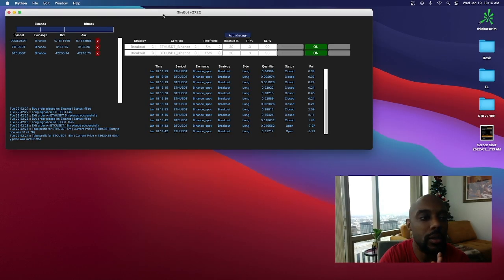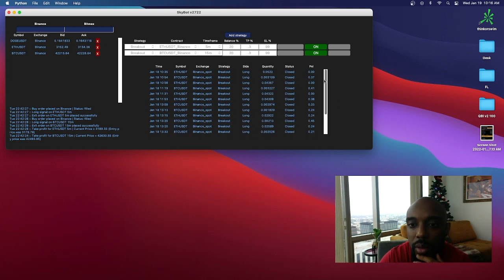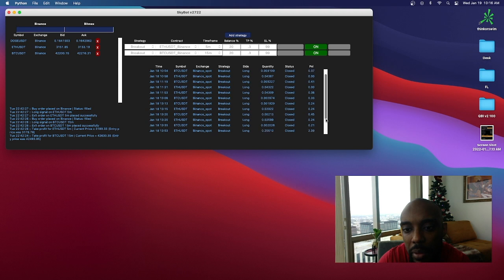All right. So we're back. We have let some trades develop here on the machine, on the SkyBot. And as we can see in our trade results area of the program, you can see we've taken trades on Ethereum and Bitcoin as we still have these two trades up top running with the on button right here. One on Ethereum, one on Bitcoin. And so we see what? 1, 2, 3, 4, 5, 6, 7, 8, 9, 10, 11, 12, 13, 14, 15 trades closed